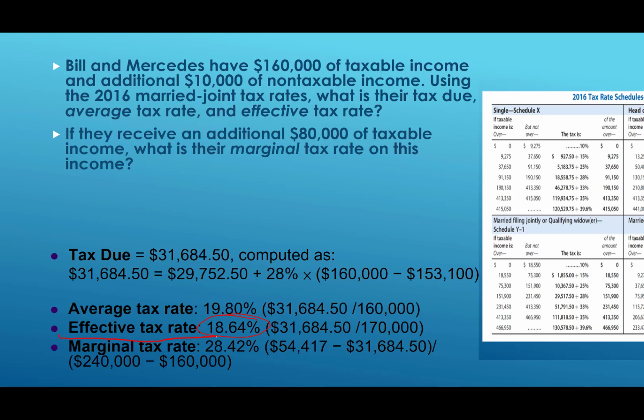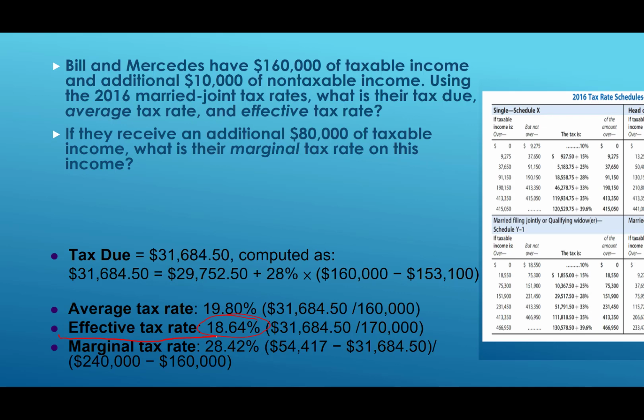increase in tax from 54,417 to 131,684. So the additional tax that they're going to have to pay divided by the increase gives you the marginal rate that they had to pay on that tax. So they went from paying a tax of 31,684 to having to pay tax of